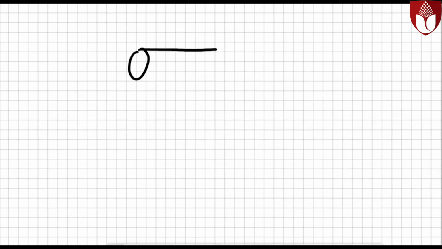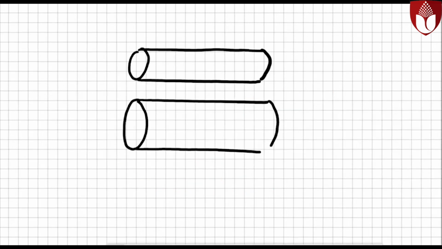In a different situation, we have two copper wires with the same length, but this wire has a larger diameter so that it has a larger cross-sectional area. In this wire, the electron has more options to choose the path of least resistance. This shows that the larger the cross-sectional area a wire has, the lower the resistance there is, so resistance is